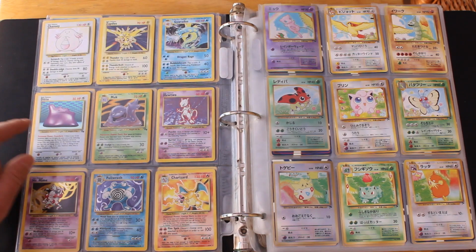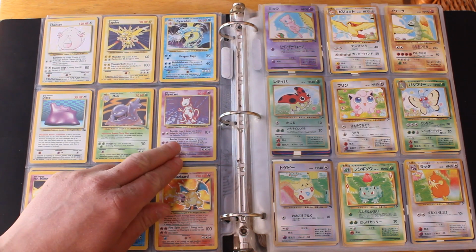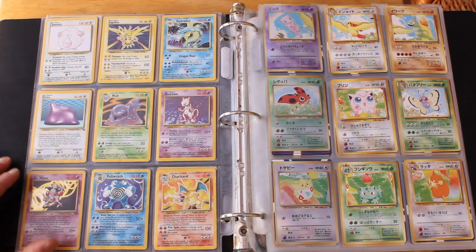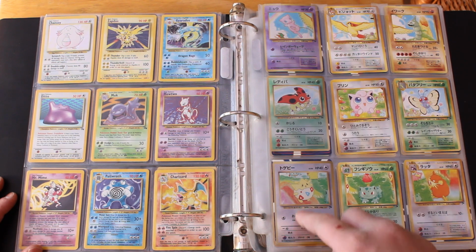Guess I never noticed it, but that Ditto is holographic. That's interesting. Muck and Mewtwo. Mewtwo is another really cool Pokemon. I was obsessed with Mew and Mewtwo, and you can kind of see these are like the ones that came